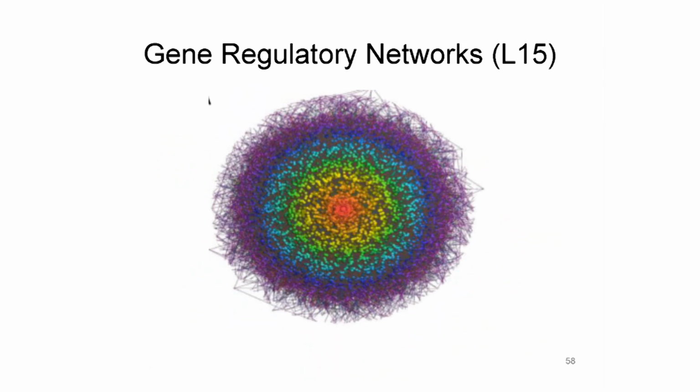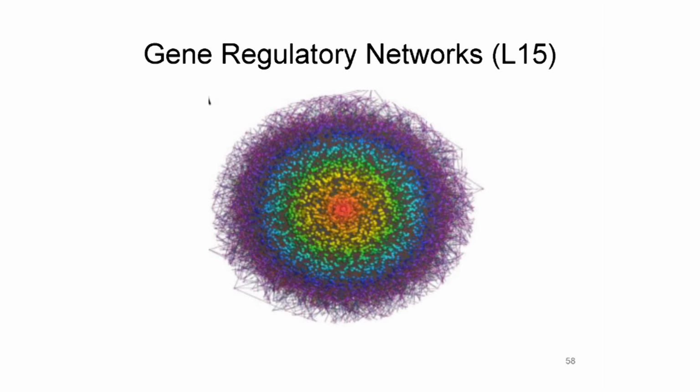Now, one of the things that we're going to touch on in early parts of the course are protein-DNA interactions through sequencing approaches. We want to now look at them at a regulatory level. Could you reconstruct the regulation of a genome by predicting the protein-DNA interactions? And there's been a lot of work here. We talked earlier about Eric Davidson's pioneering approaches, and there are a lot of interesting computational approaches as well that go from the relatively simple models you saw on those earlier slides to these very complicated networks that you see here.